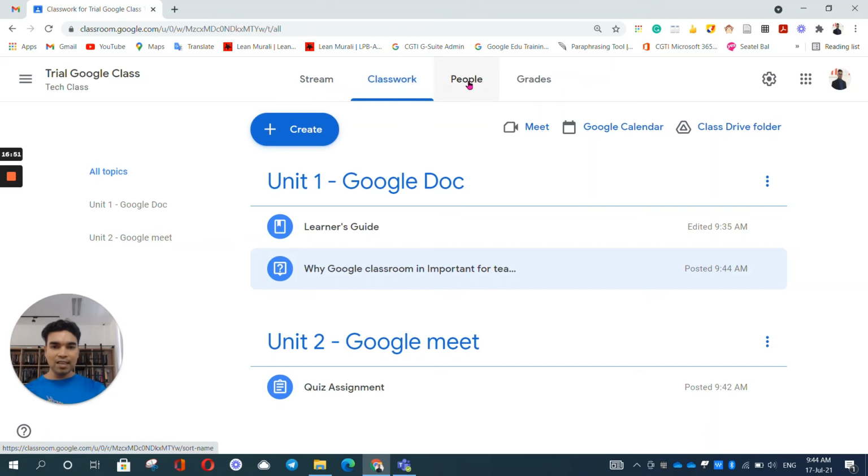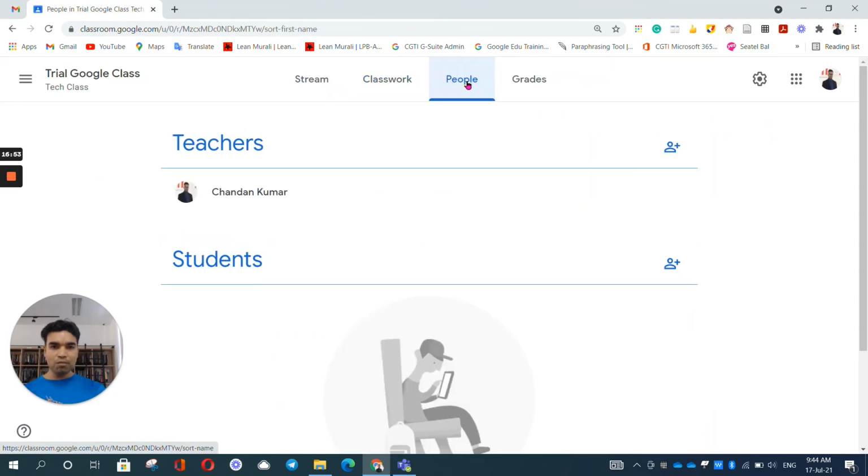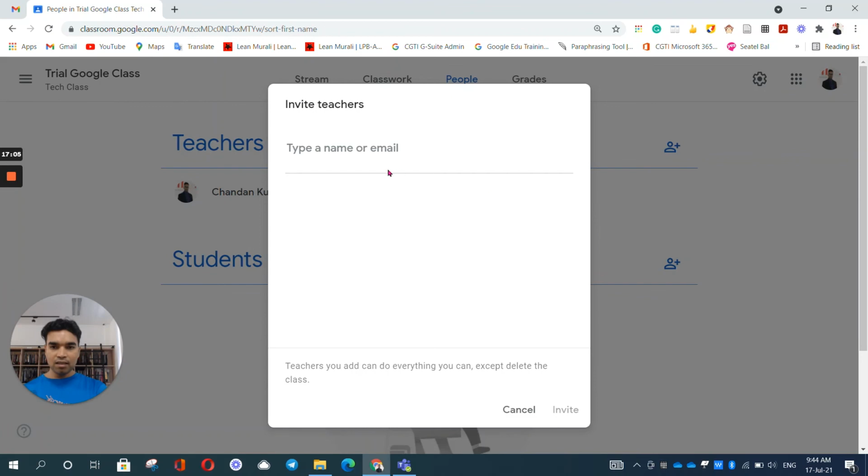Now when I go to the next tab, which is people, this one is saying how many teachers we have and how many students we have. So as a teacher we can directly click on the add button and type the email and add teachers. So I have a teacher here, I can invite.